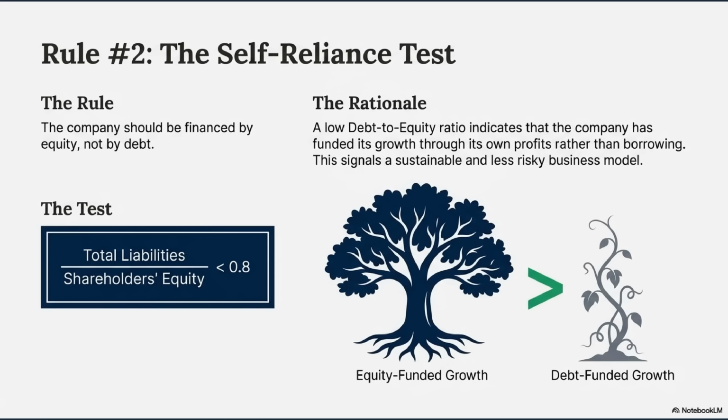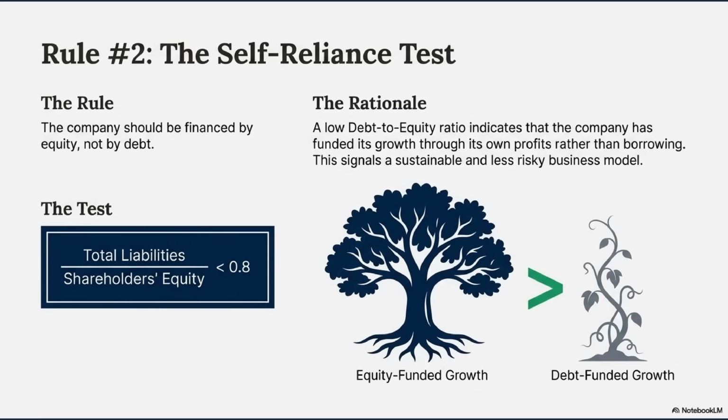Precisely. And that philosophy flows directly into rule number 2, which is the debt-to-equity ratio. And this is where he introduces a very specific threshold. He wants to see total liabilities divided by shareholders' equity come in below 0.8. Okay, so this ratio tells you the capitalization story, right? How much of the company is funded by debt versus how much is financed by the owner's equity? Right, the money that's been invested or just built up from profits over time.